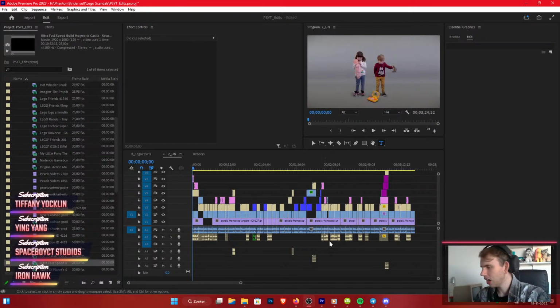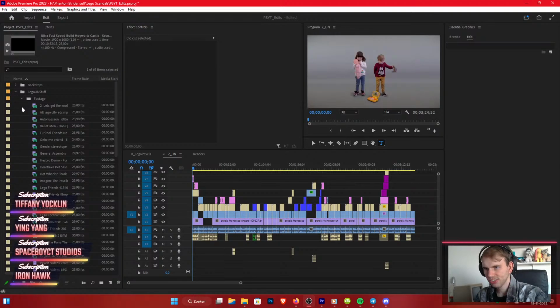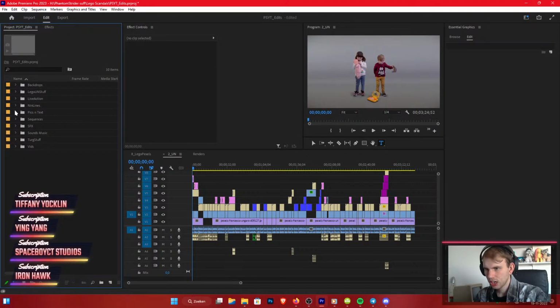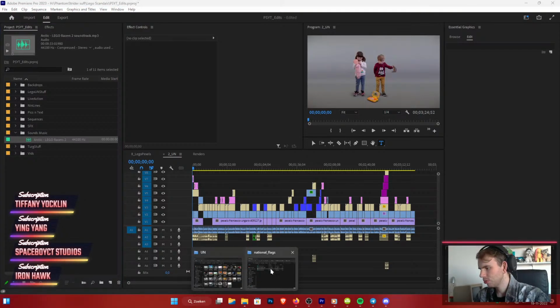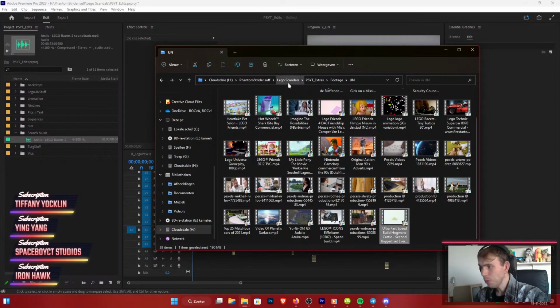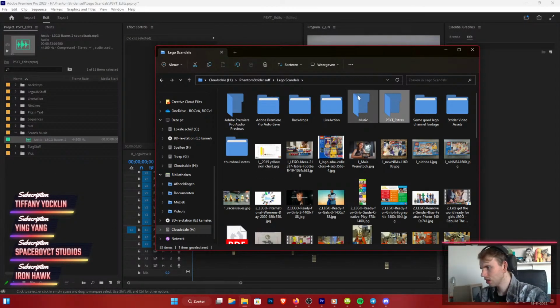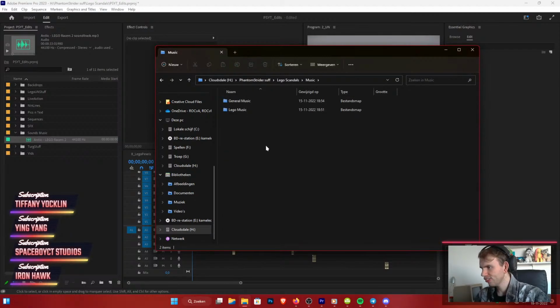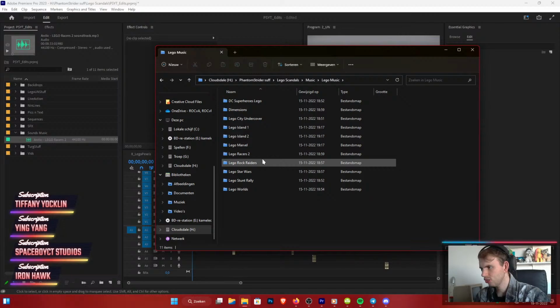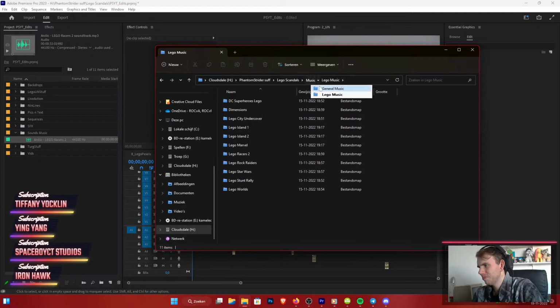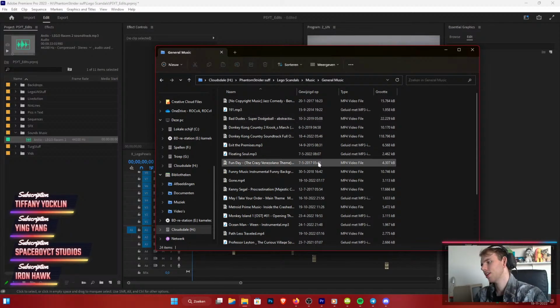Because now we need to do the most fun part of this entire process. I gotta put up some music. And if there's one thing that I suck at, it's picking out the right music for any of these projects. I'm really bad when it comes to picking good music for any of this. Oh, he actually puts his music into 2 different folders. Whoa, that's a lot of folders. Okay, that's a little overkill for me, but whatever.